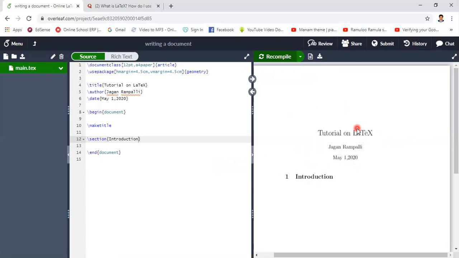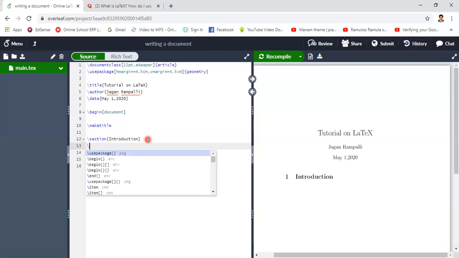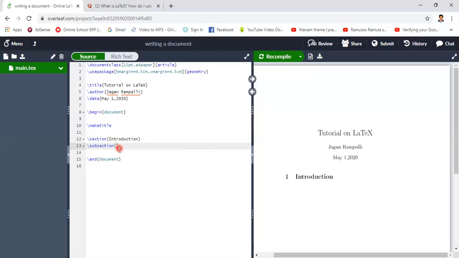Now I'm going to make one more change here: I'm going to insert one more section. Let us take subsection. If you type one or two letters, you can get the command here. Let us take that as a new chapter.